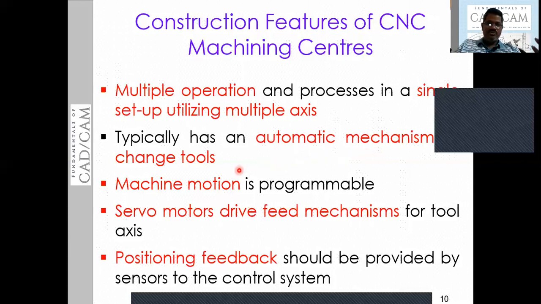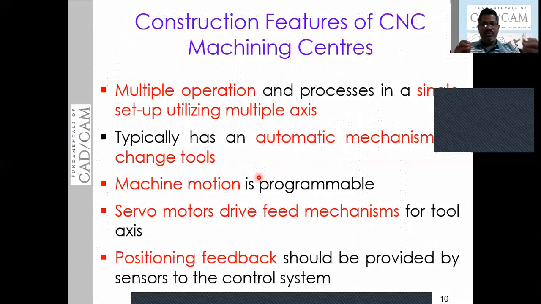It typically has an automatic mechanism to change the tools. As I said just now, all the machining centers have an automatic tool changing mechanism to change the tool automatically after completing the operation of that tool.